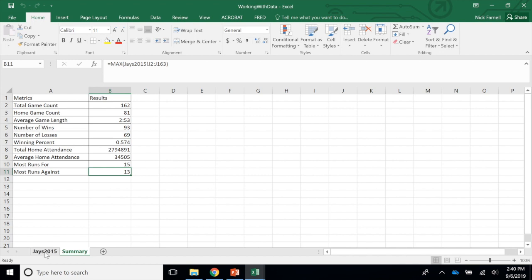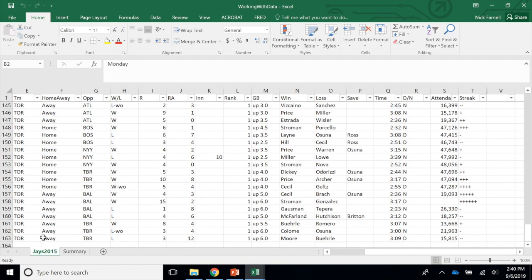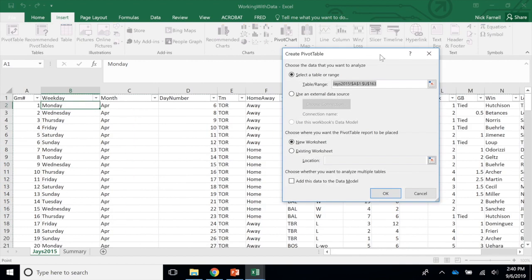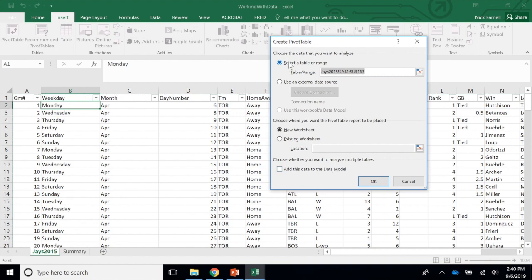So we're going to go back to the Jays 2015 sheet, and we're going to create a pivot table. We go up to Insert, click on Pivot Table. It'll bring up a new window with a few options. Select Table Range, Jays 2015 A1 to U163. That's right, that's the entire table that we're working with here. And where do you want the pivot table to be placed? We want to put it on a new worksheet. We don't want that pivot table overlapping what we have right here. So we can click OK,